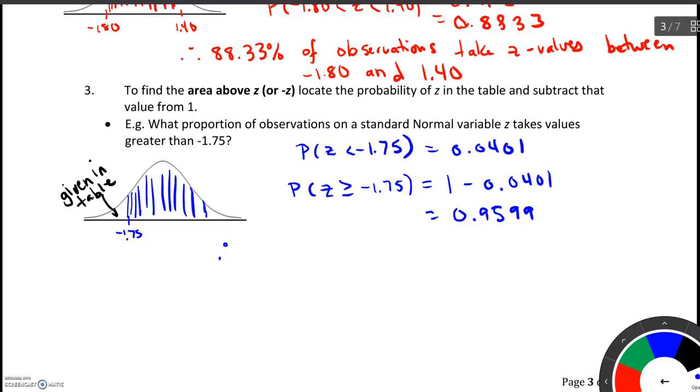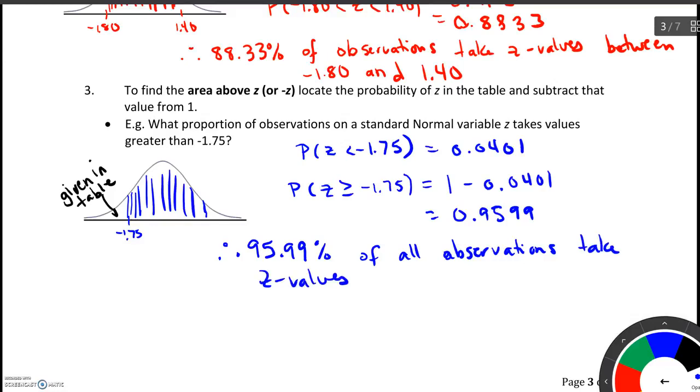And therefore, 95.99% of all observations take Z values greater